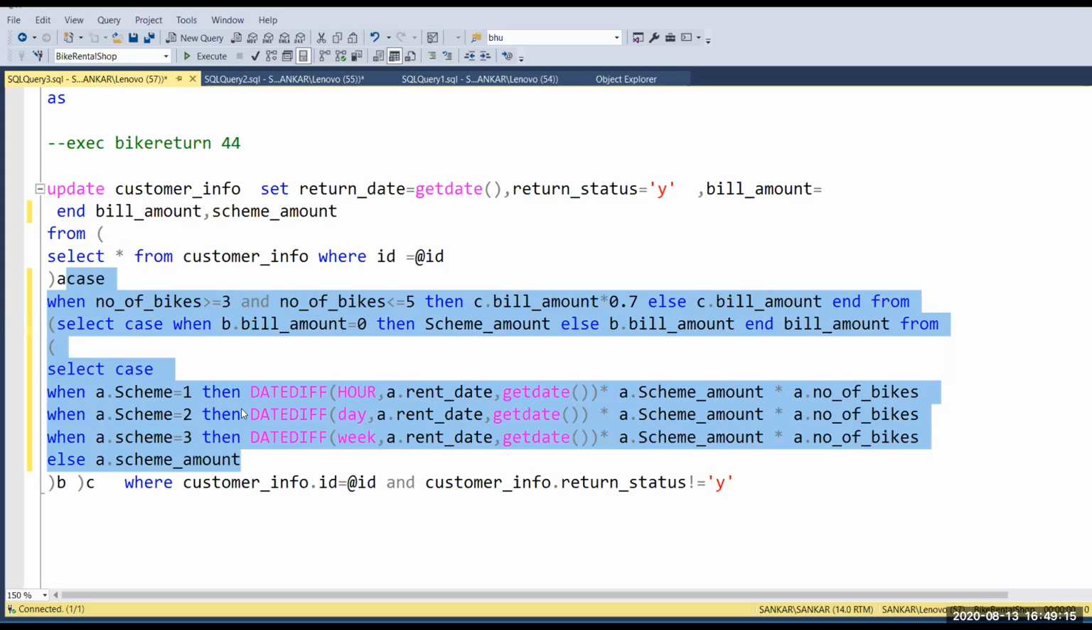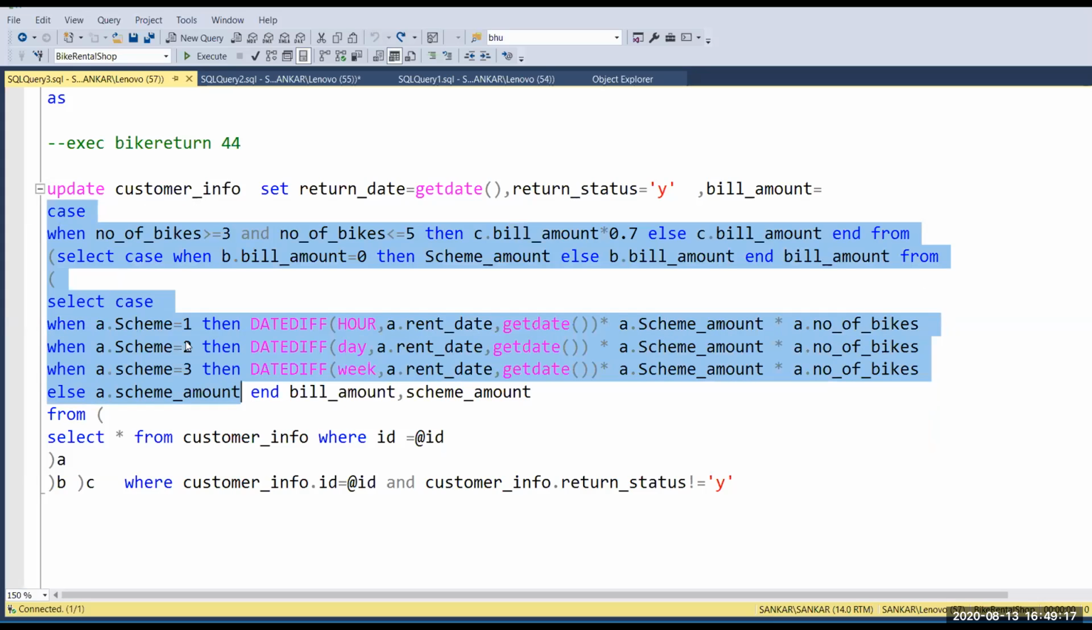Okay, so just a minute. Yeah, so in the entire script for